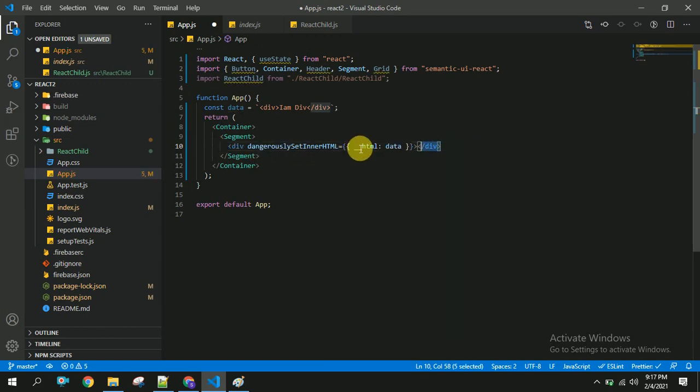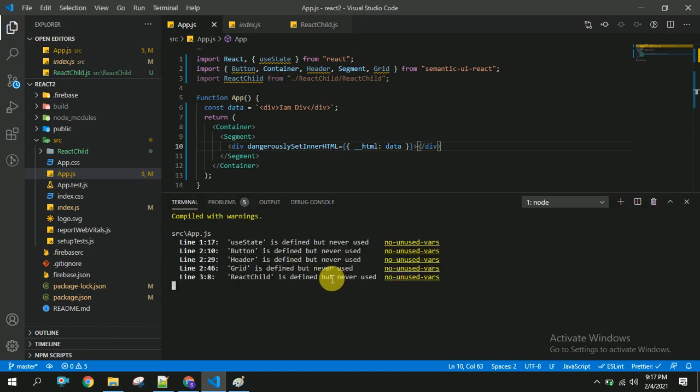So in this way we can bind the data coming from the API. So let us verify whether it's working or not. So it got compiled. You can see here we have got the data, I am div.